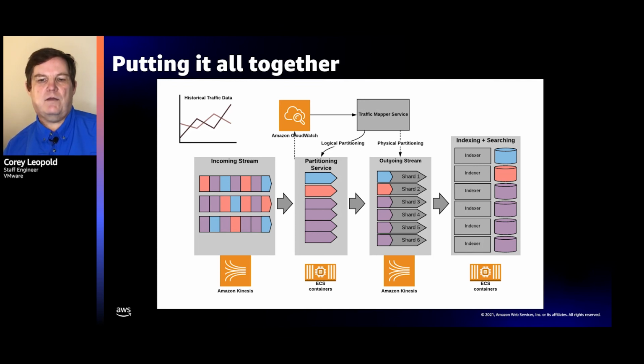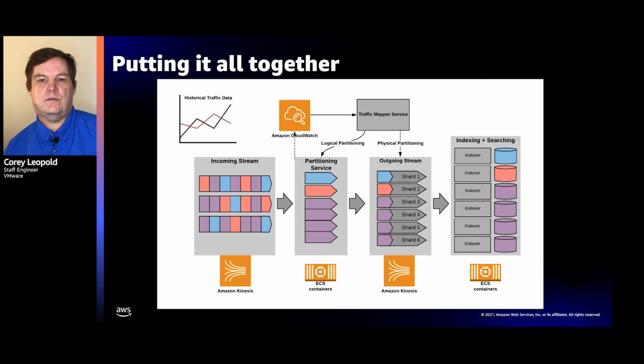It also writes a bandwidth metric for each tenant so the Traffic Mapper service can calculate bandwidth needs per tenant. Once Traffic Mapper calculates each tenant's bandwidth needs and determines the number of partition keys each tenant needs, it then performs split and merge operations on the Kinesis data stream to ensure that each used partition key is on its own shard. Once that is finished, it then informs the partitioning service how many partition keys to use for each tenant. This allows us to index each tenant's data for the next processing stage into their own indexes, providing customer data separation.